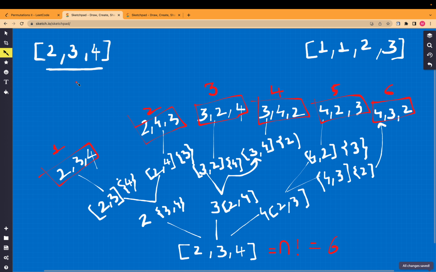But this is the answer when we have no duplicates, like where 2, 3, 4 are all distinct integers. What if we have an example somewhat like 1, 1, 2, 3, and we need to calculate the permutations? What will we do? So if we have the numbers 1, 1, 2 and 3,